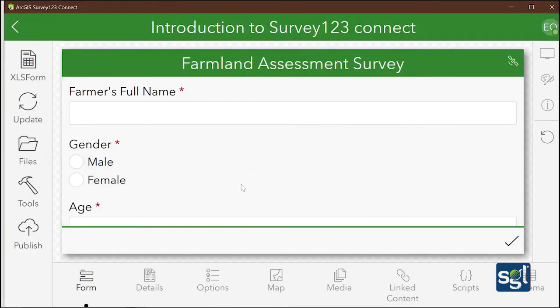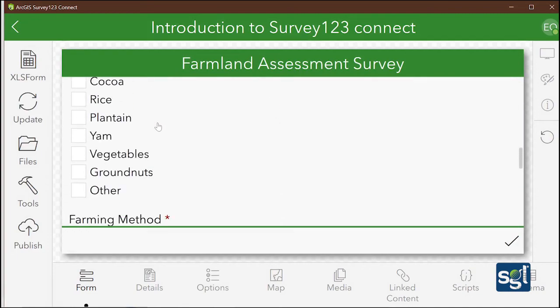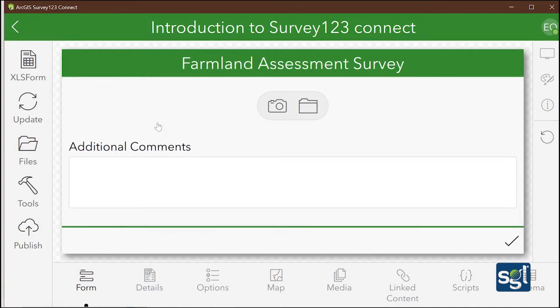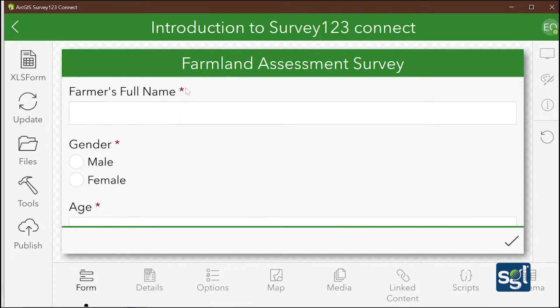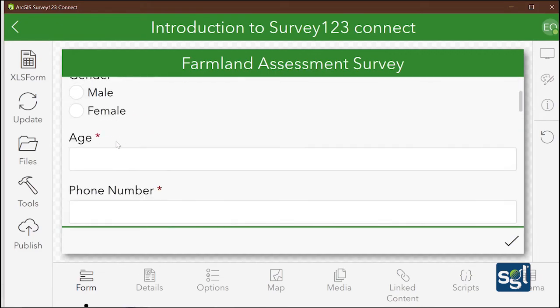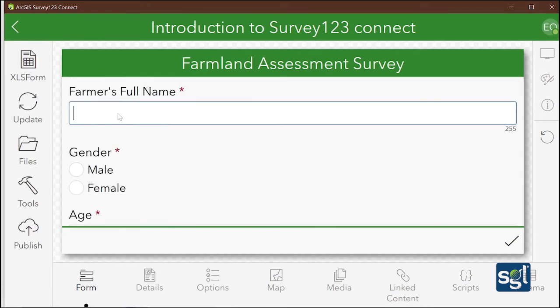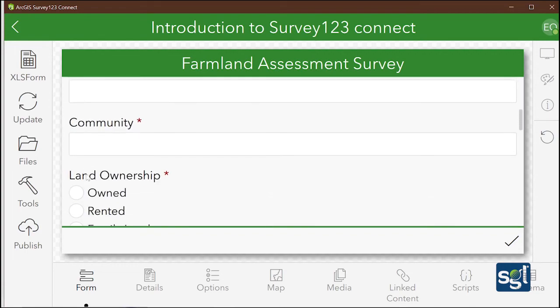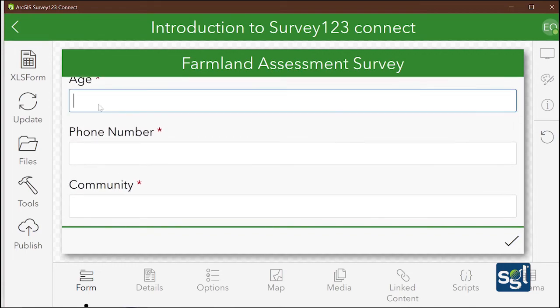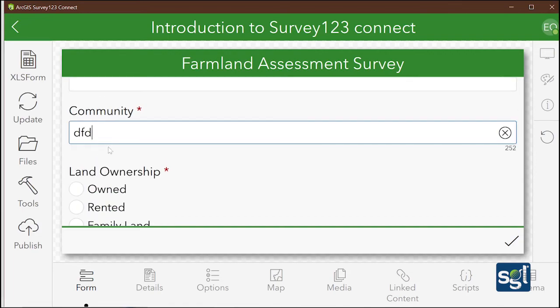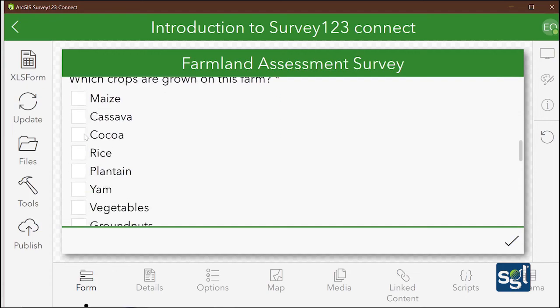So you can see the required questions. You can see the red star telling you that these questions are required. So let's say I fill this one, I do for this, I don't do for age, maybe I do for age, I don't do for number, I do for community, I choose here,